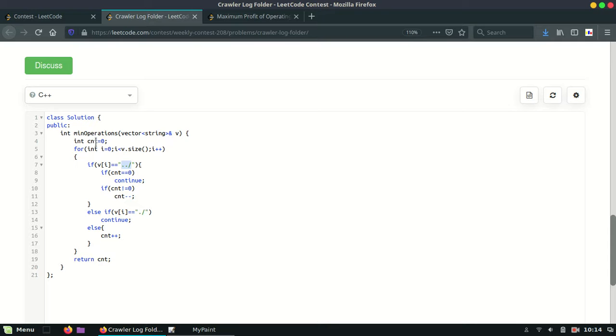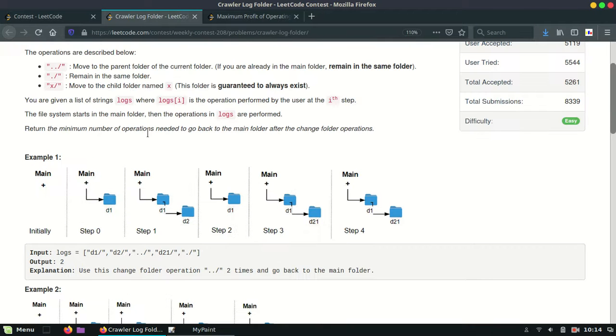Let me tell you the purpose of the count here. What we need to print is how many steps we need in order to go to the main folder.